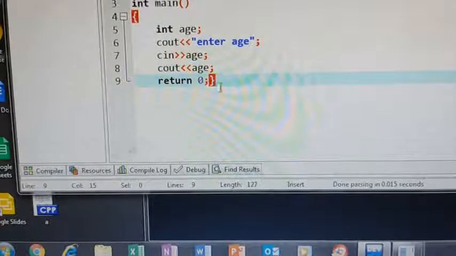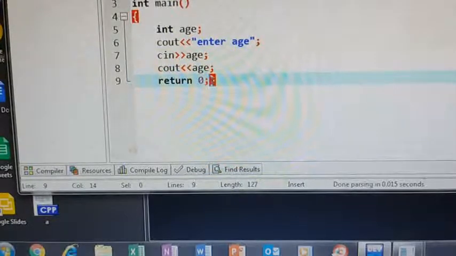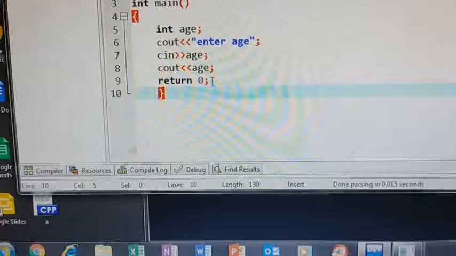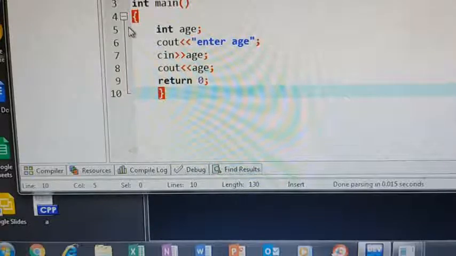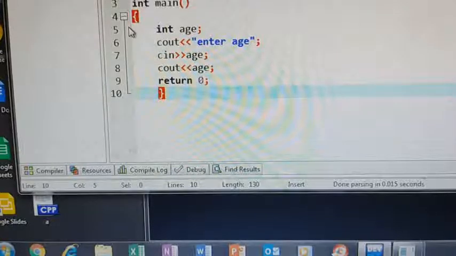So what is this code? I am explaining it in parts instead of explaining the complete code at a time. Here I am taking an age value from the user and printing that value. I have not yet explained the cin function in the practical part. Here I will explain the cin function, like the scanf function you have in C. The same way we will use the cin function in C++.